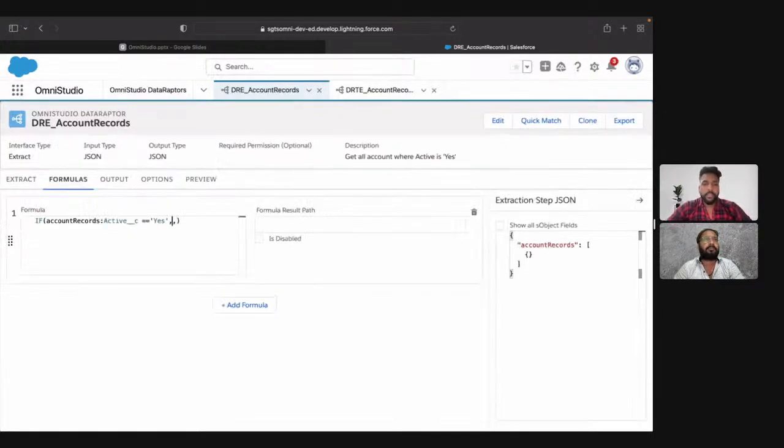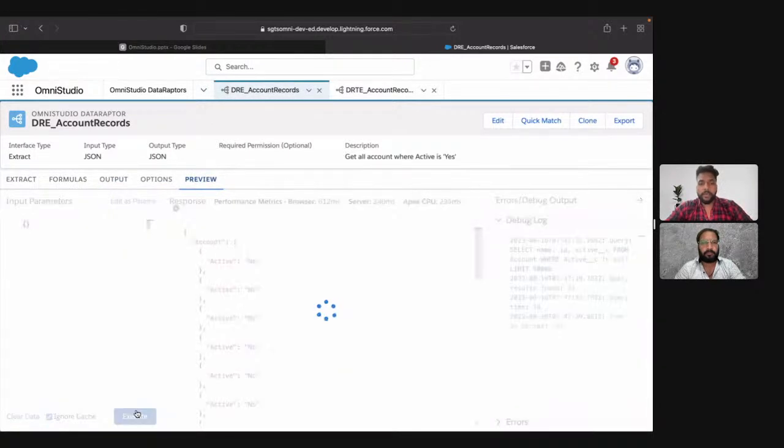Yeah, I'm going to say give me the account name, right? And if account is active equals not yes, then what I'm going to do is give me nothing, the blank value, okay? And wherever account active equals yes, I'm going to save it into the account records, okay? Now if I go to preview and click execute,